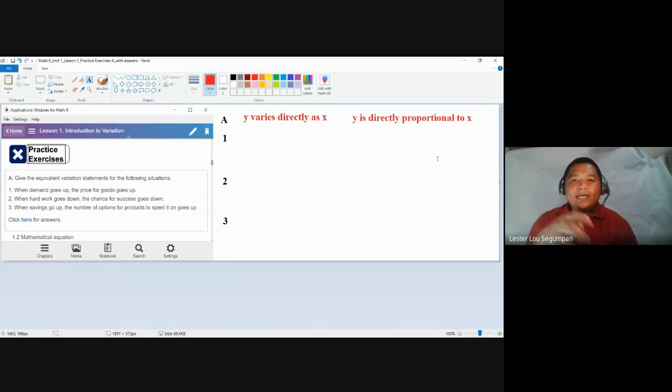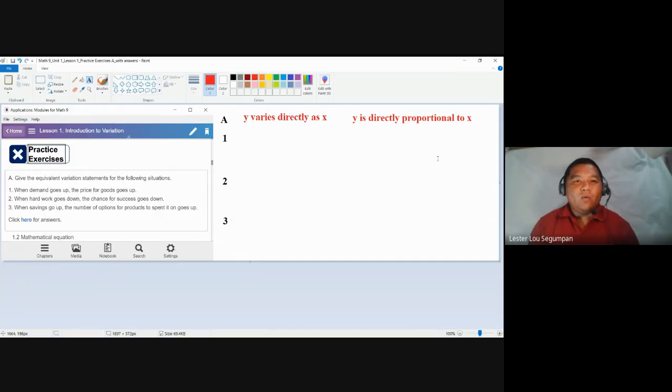Now, y is called the dependent variable. x is called the independent variable. The first variable that is commonly given first is x, while the second variable that gets affected by x is your y. So it's very important for you to determine which is the dependent and independent variable. In a problem, it doesn't necessarily say that what comes first is x and second is y. You need to understand which of the factors affects the other.